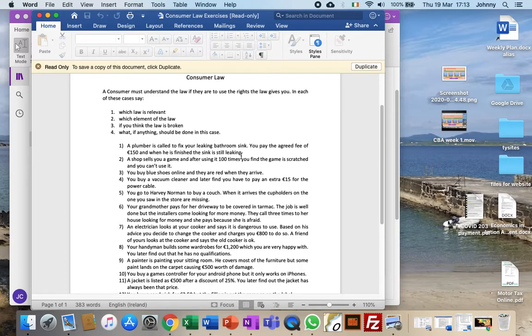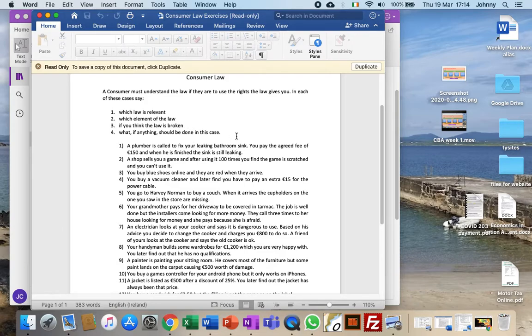And the sink is still leaking. It could be that he used poor parts, but the only thing that's left really is the third rule relating to services. He didn't act with due care. He didn't do the job carefully. He didn't properly finish the job, or maybe when the job was finished, he thought it was done, but he didn't test it to make sure the thing worked properly. So that's the element of the law. Is the law broken? Yes, he didn't act with due care because the sink is still leaking.